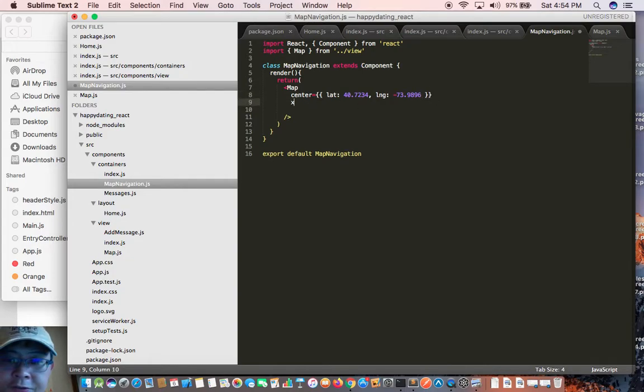And the zoom, currently we put 13 here. And there are a couple more things we need to define. Map element equals to, and container element equals to. So this will be a div